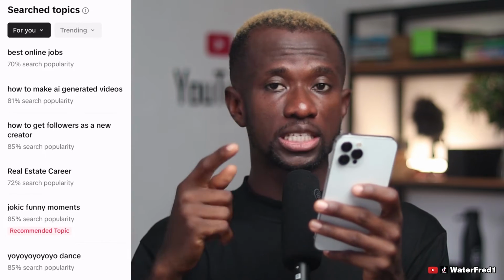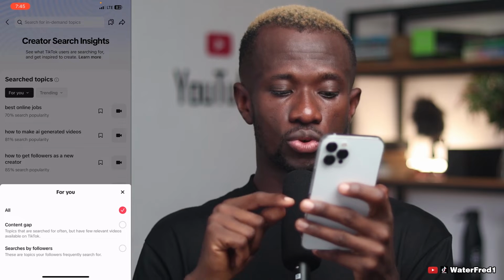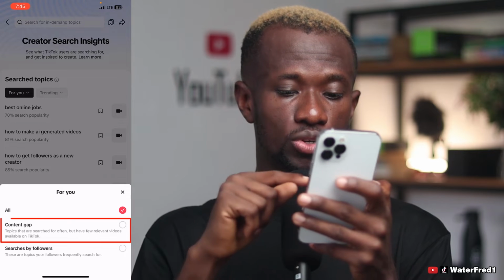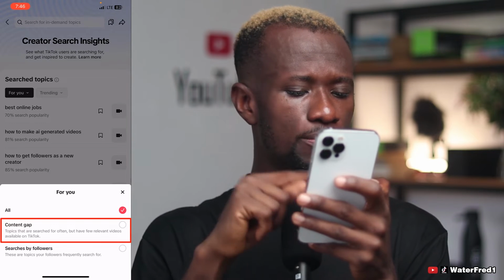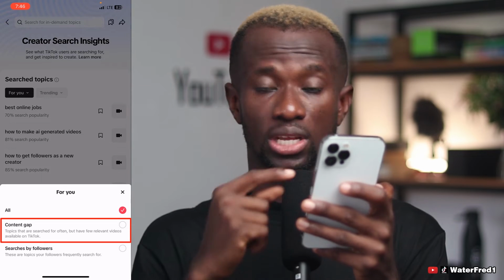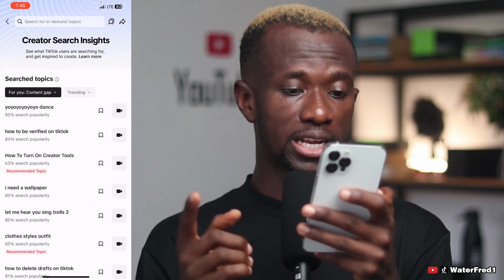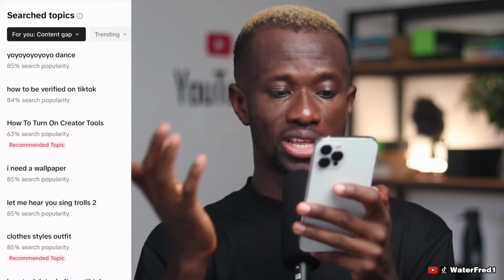Now another tip I still want to give you is if you click on this drop down arrow around for you, you can see content gap. Content gap means what? Topics that are searched for often but have few relevant videos available on TikTok. Just like I said before, you can select that and filter by that,